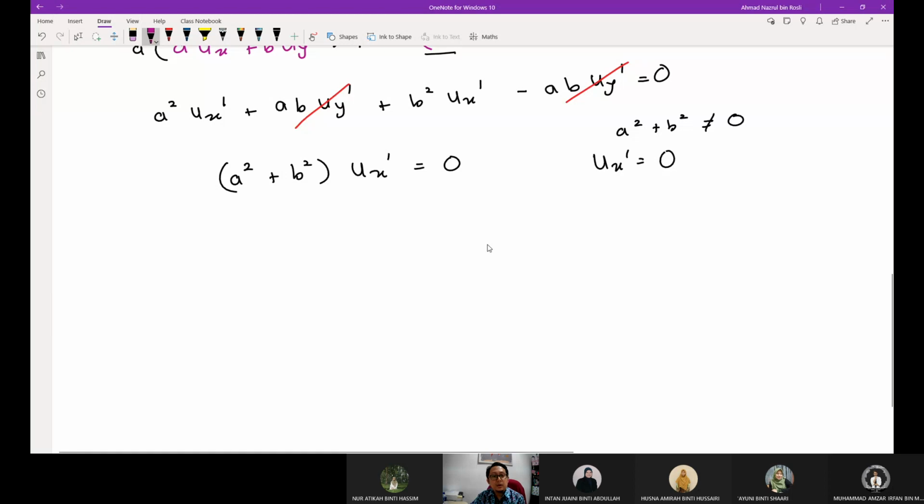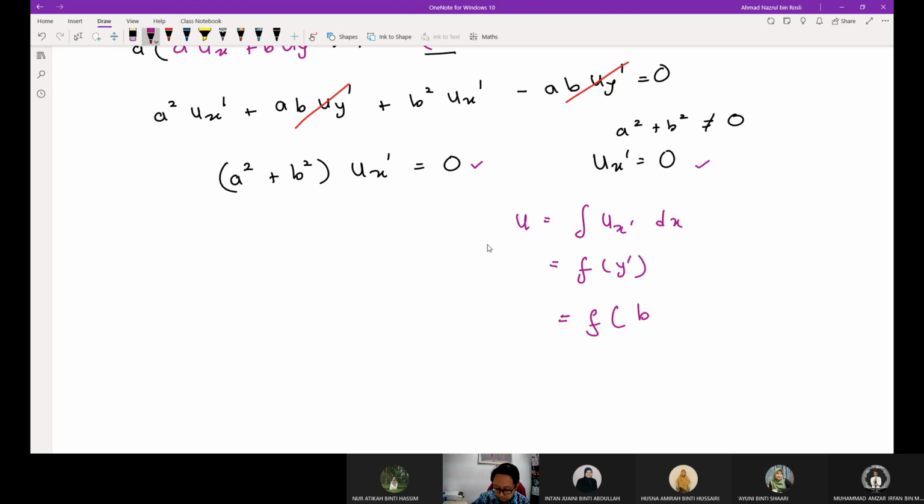So by the time nanti you calculate, dia tak calculate dah ni. Sebab you dah tahu dah nanti kalau ux equal 0, ini dia, automatically you boleh gunakan this equation to find u equal to integrate the ux prime over dx. So you can get the value will be f y prime. Okay. Sebab f prime 0, so 0 you can get the arbitrary functions in there, and y prime